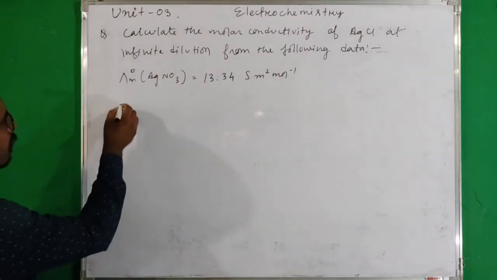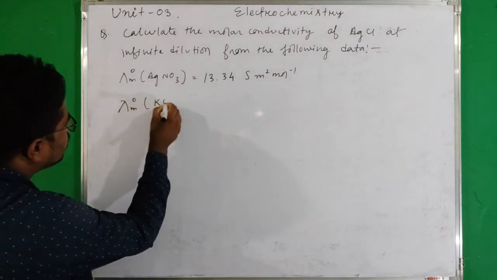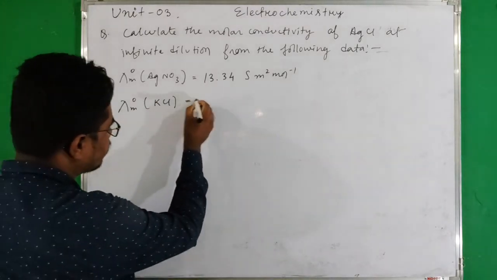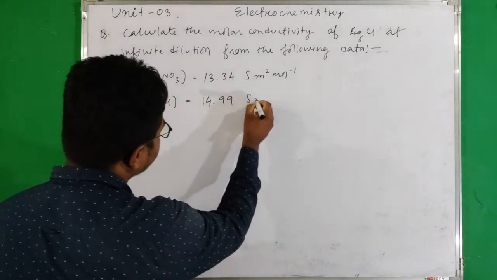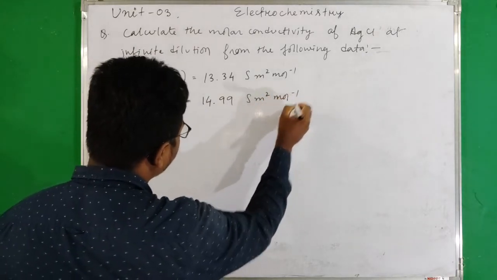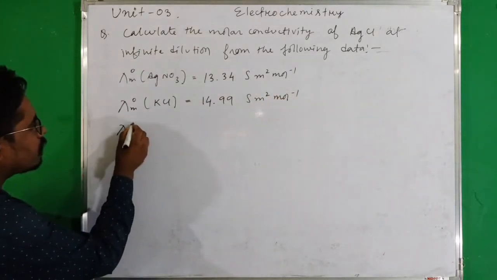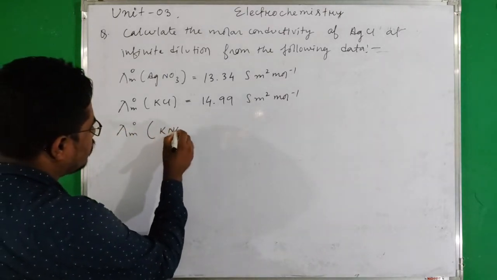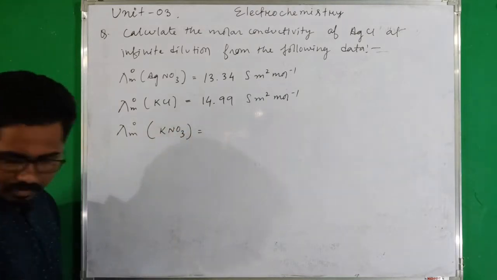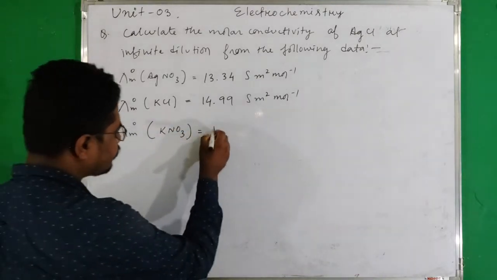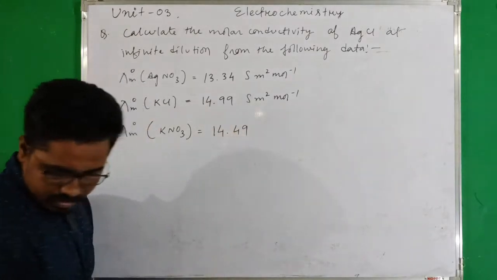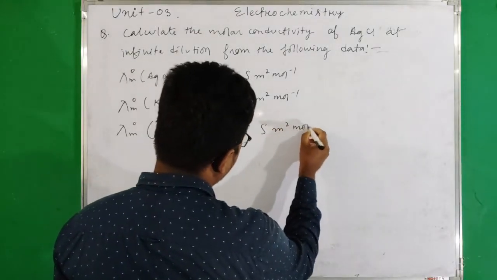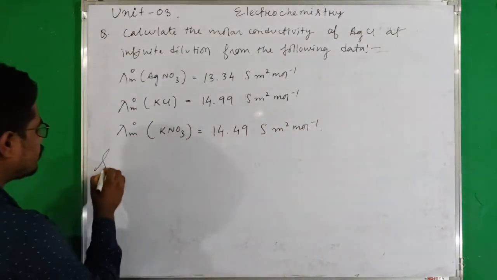And then the lambda m naught for KCl is given as 14.99 Siemens meter square per mole. Okay, and then the lambda m naught for potassium nitrate KNO3 is given as 14.49 Siemens meter square per mole. So we have to determine